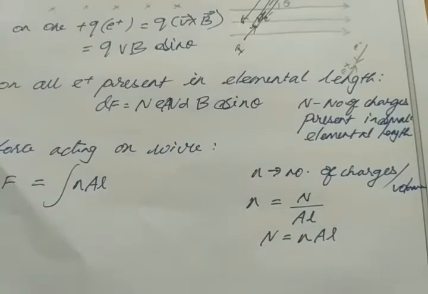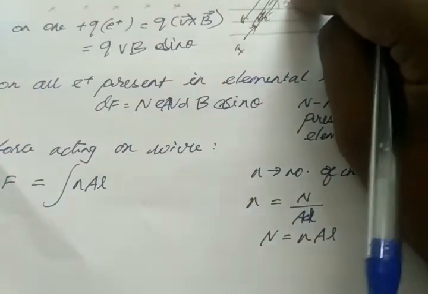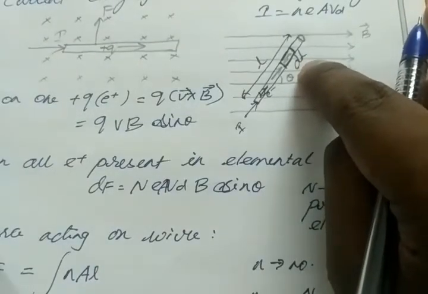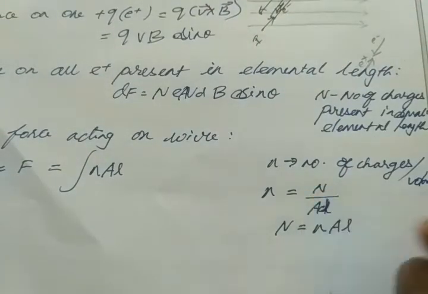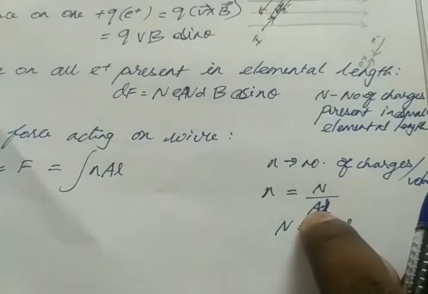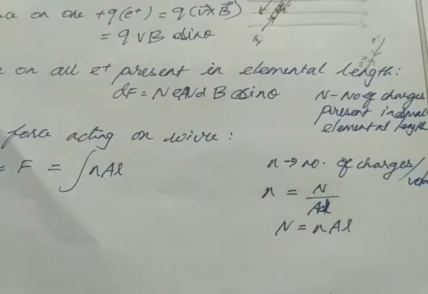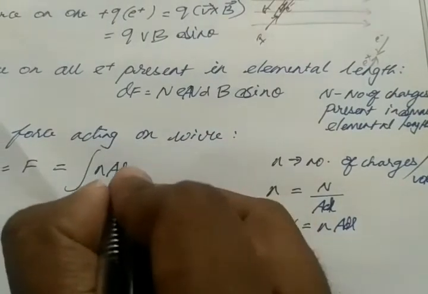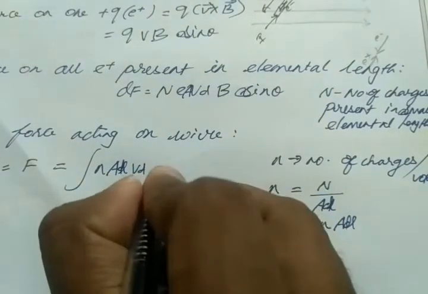Here we take length as a small elemental length, so dl. Total number of charges present in this area per unit length, the small unit length, we take dl. So here also we take dl. Here n means number of charges present in the small elemental area, A means cross section area of the small elemental area, dl means the length of the small elemental area. So from this formula we can take n equal to NA dl, right? So NA dl, then VD